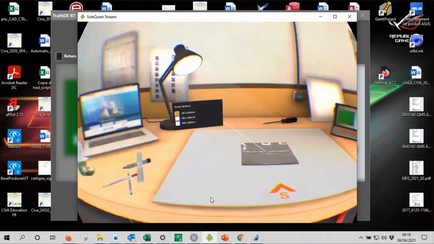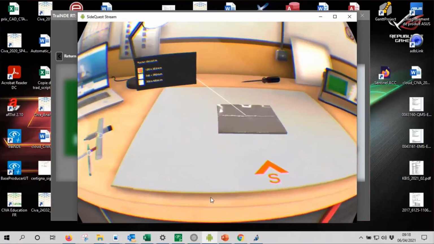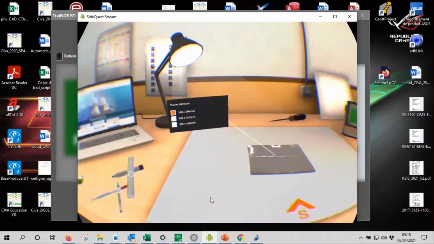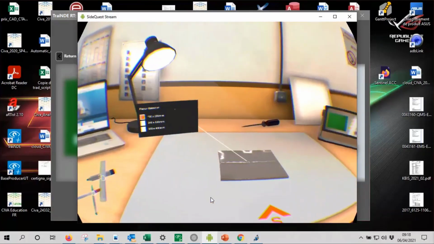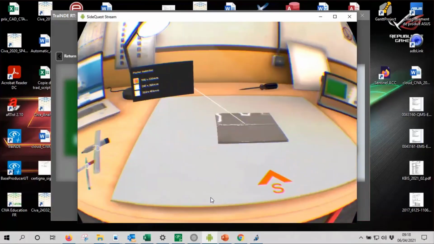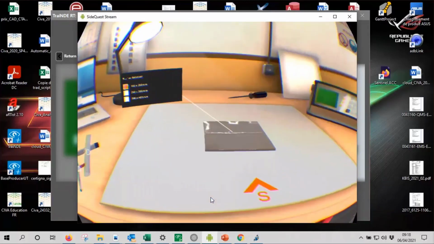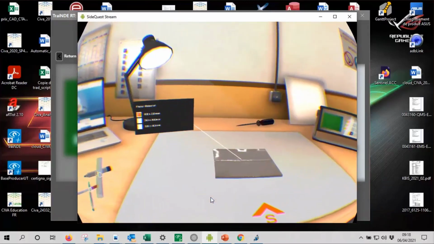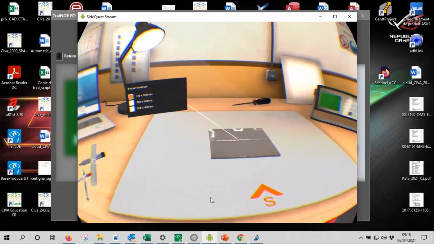Something, of course, that I did not mention yet, but it's as in real life: you know the thickness of the component, the base metal, the thickness of the bevel, and so on.